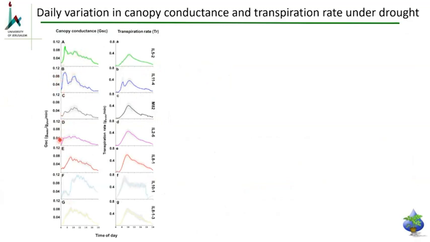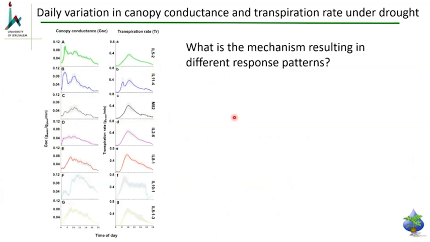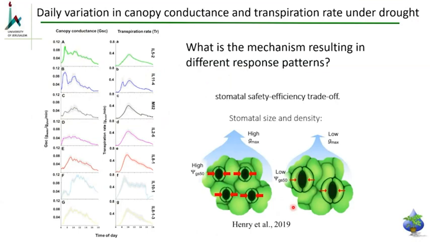You can see nice patterns, a bit different between the lines, and we were wondering, why are there these differences? I mean, how come these different tomato plants all look almost identical? Why do we get these patterns? And we saw this paper by Henry et al. that talks about stomata safety